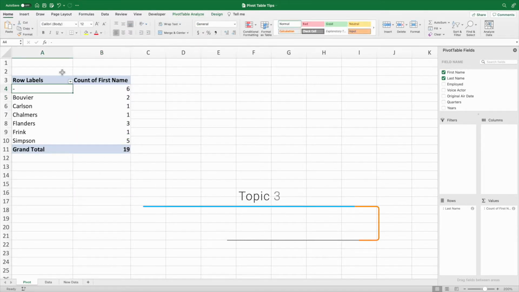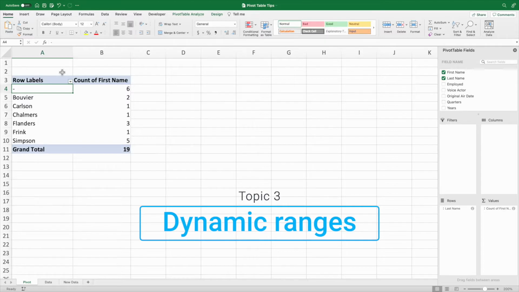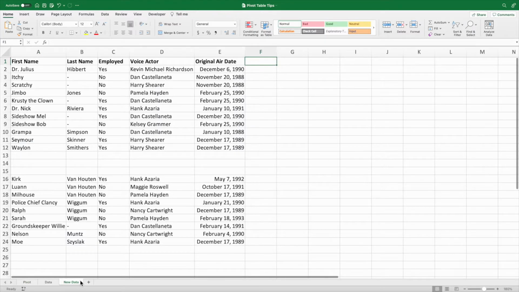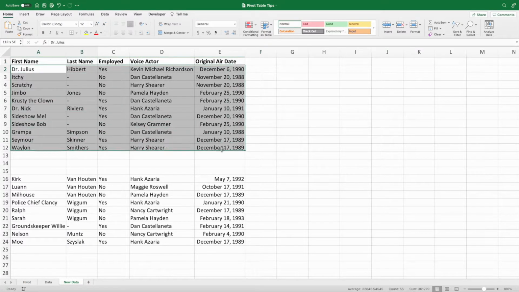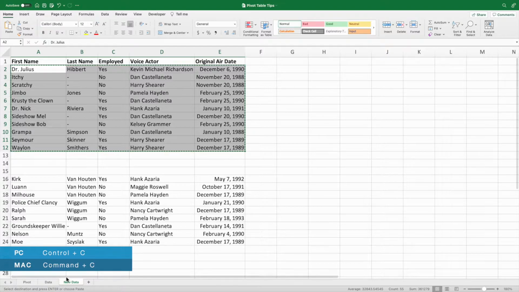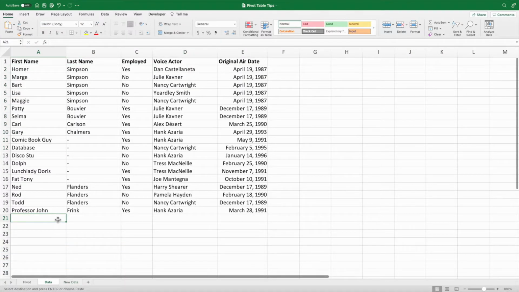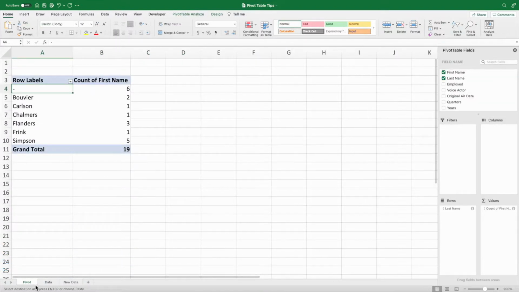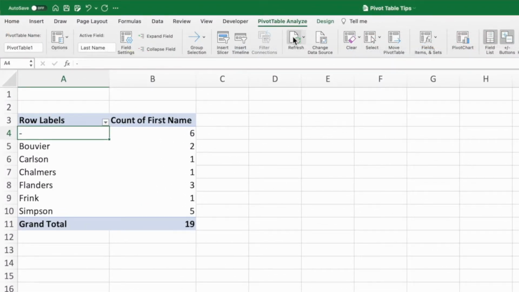The first 2 items were really just pet peeves. However, I've seen this next one have a material impact on people's analysis. Let's say we have new data to add to our original dataset. Copy the first set of new data, head back to our main dataset, and paste the new values below our original data. Head back to our pivot table, select Pivot Table Analyze from the ribbon, and then click the Refresh